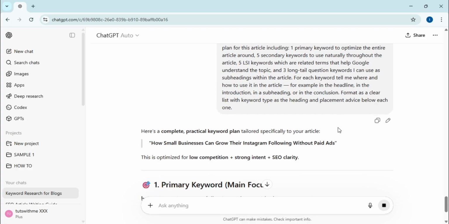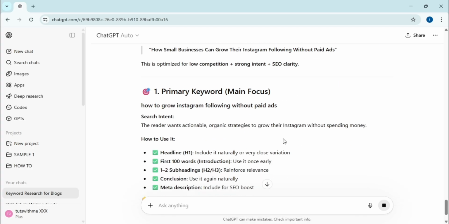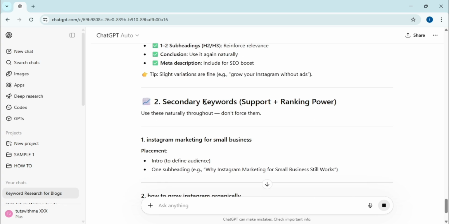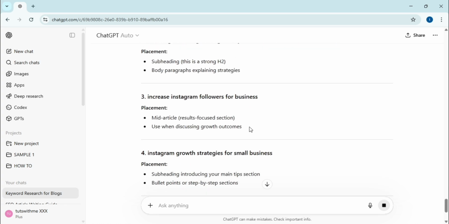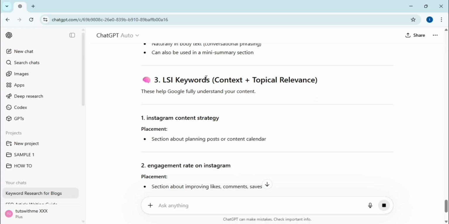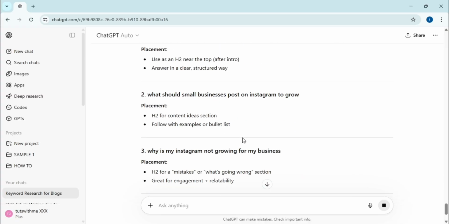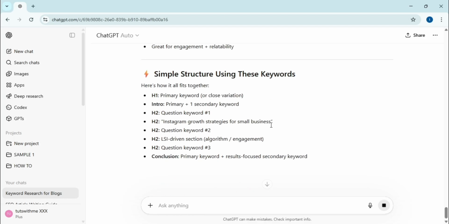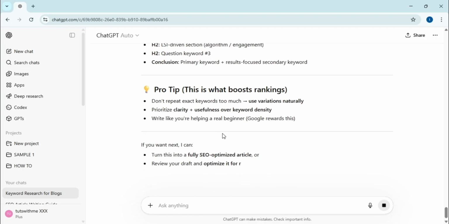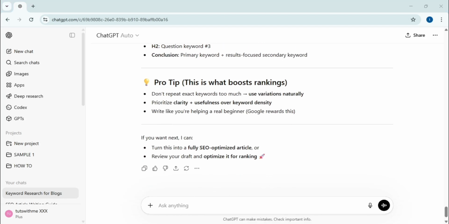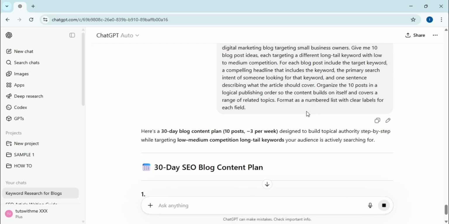about growing an Instagram following organically. ChatGPT breaks this down into a primary focus keyword, secondary supporting terms, and LSI keywords to ensure the content is topically relevant. It also suggests specific long-tail questions to use as subheadings, which is a great way to capture featured snippets in search results. Finally, I request a 30-day content plan consisting of 10 blog posts designed to build topical